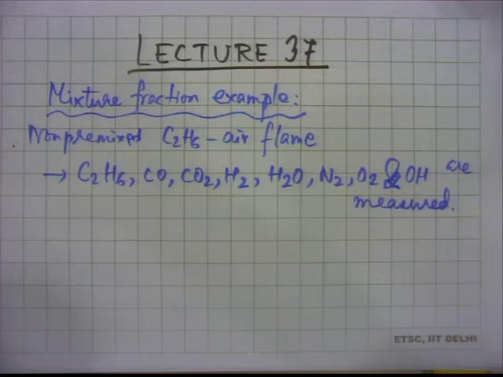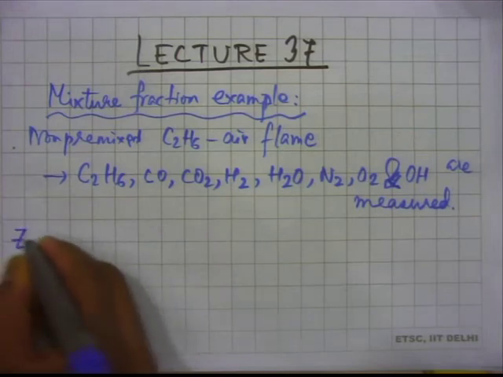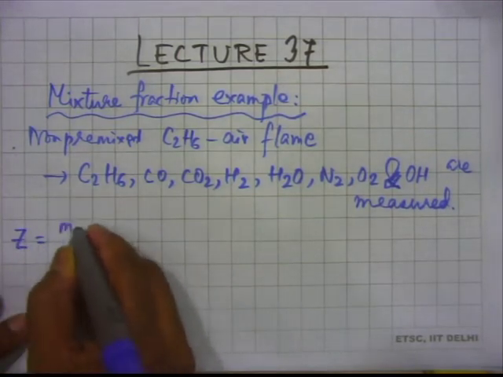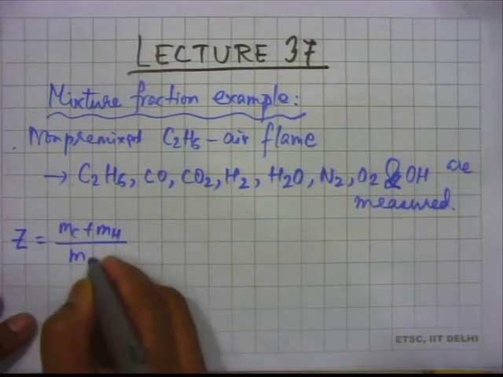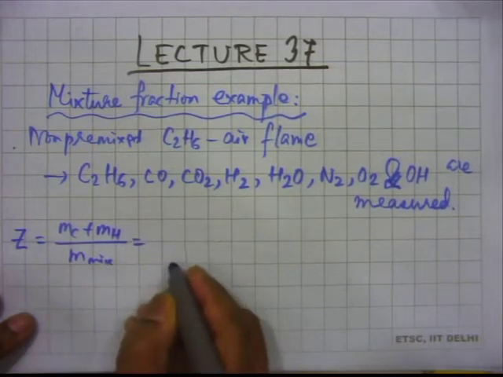So this is a C2H6 and air flame, and some species are measured in that flame. Those species are C2H6, CO, CO2, H2, H2O, nitrogen, oxygen, and OH. These are measured. So how do we write the mixture fraction? We write mixture fraction Z as MC plus MH divided by M of mixture, and that is